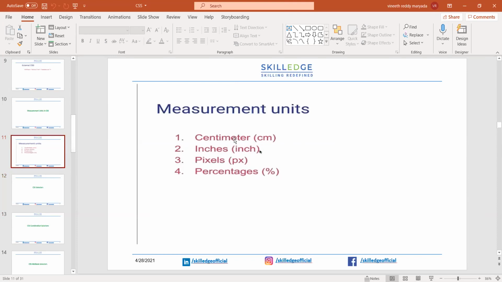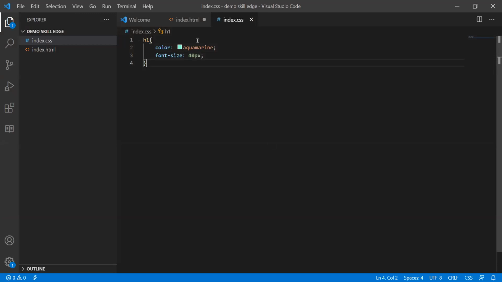Before this, I wanted to show you how these measurement units work, so I will share my VS Code. I wanted to apply 50% of style to one particular screen. If you think of this as a particular screen, I wanted to apply from half of it, and height also as a style.